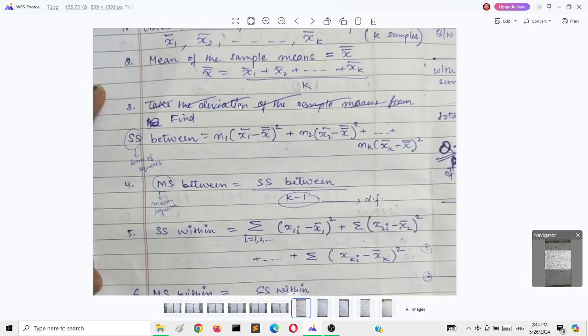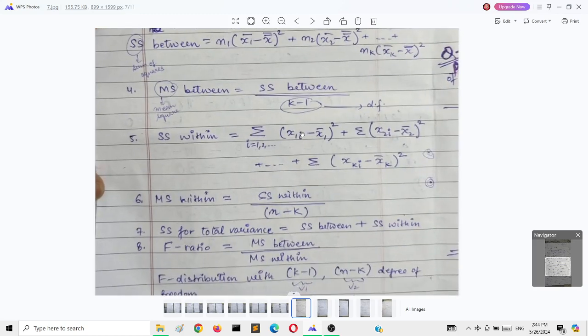Earlier the talk was about the mean of each sample and the mean among the different samples, but here the talk is about all of the examples in a particular sample, and we are subtracting the mean of that particular sample from each example's value, right? That's what we are doing. For example, say we have 10 examples in sample 1 and 10 in sample 2. We calculate the mean of sample 1, subtract it from every value, square everything and sum up. Then we do the second sample, that is, the mean of the second sample subtracted from